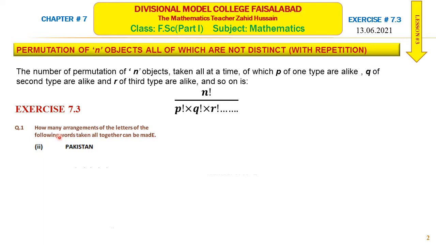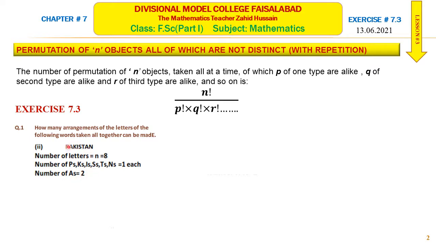The word is Pakistan. Look, in this there are 1, 2, 3, 4, 5, 6, 7, 8 letters. So it means the number of objects is 8. And all the objects are not different. Some are occurring more than one time. A is occurring two times, and all others are occurring one time. So the total number of letters in this word Pakistan is 8. The number of P's, K's, I's, S's, T's, and N's, they all occur once each. And the number of A's is equal to 2.